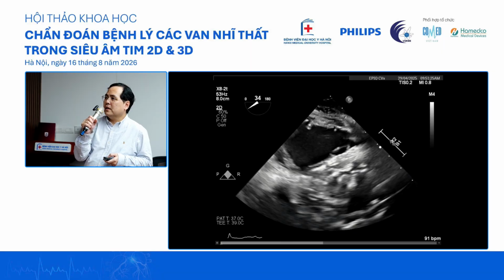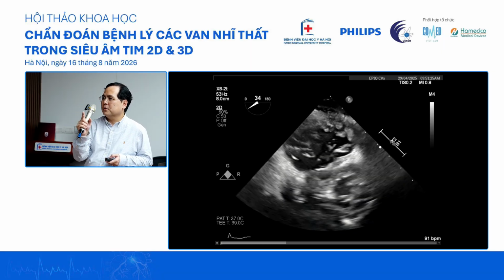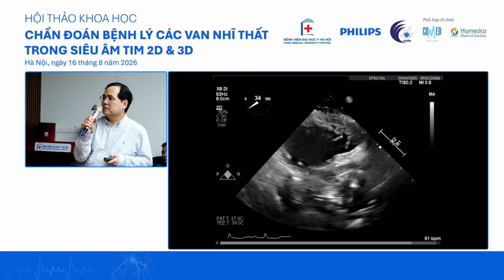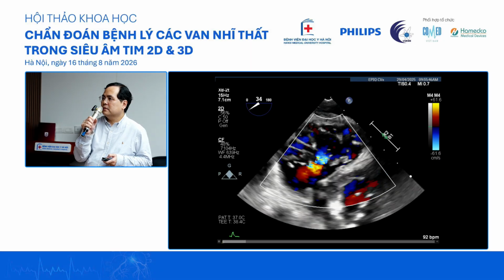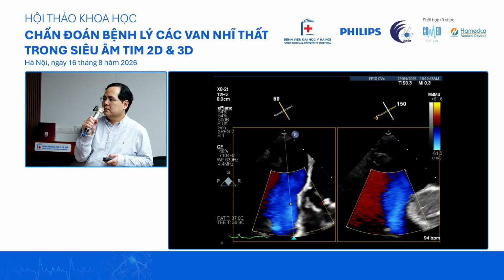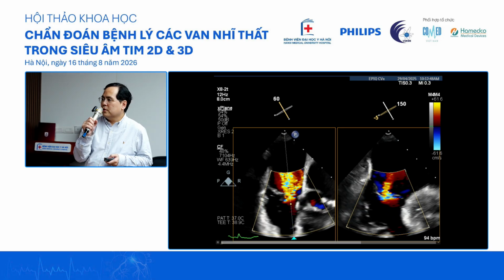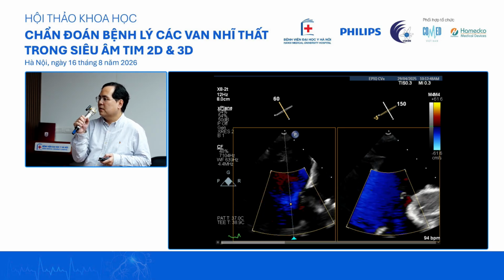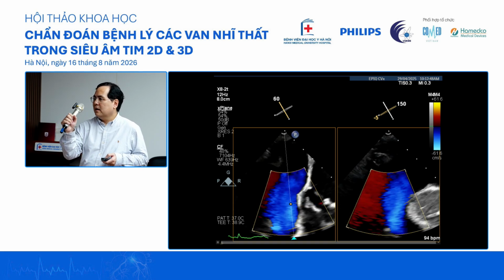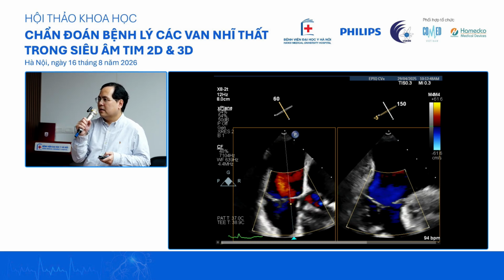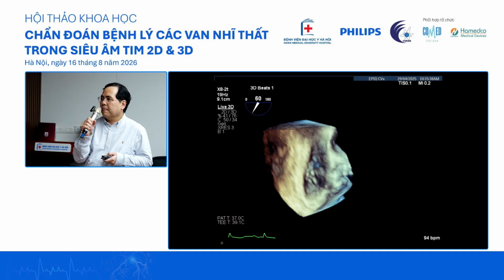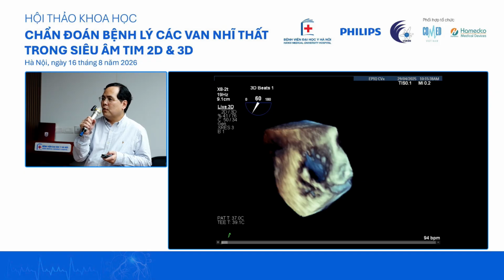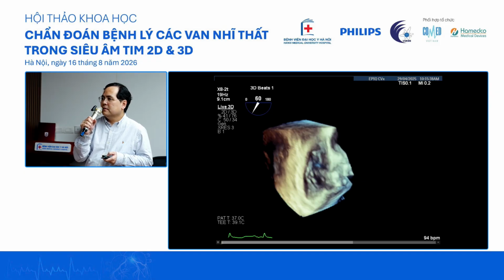Then you do transgastric, you can get septal on the top, anterior on the bottom, posterior on the side. So then there's tricuspid regurgitation between the leaflets. Then if you want to do a short axis, you can see the anterior leaflet on the right hand side, and then the posterior leaflet on the left hand side. And with three-dimensional, you can reconstruct from the planes. Okay. As you can see, there's malcoaptation between all the leaflets.